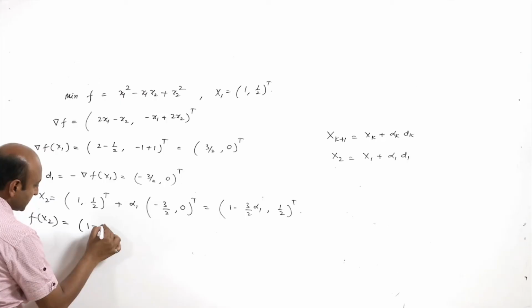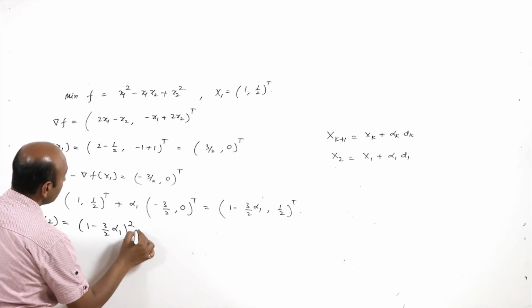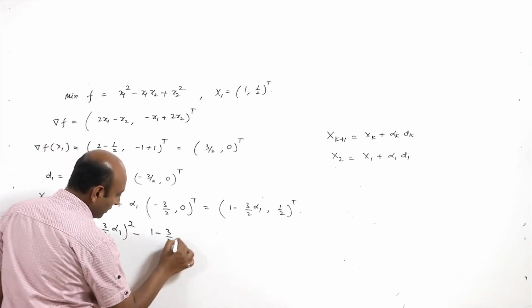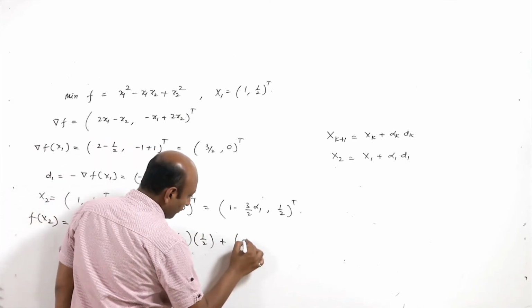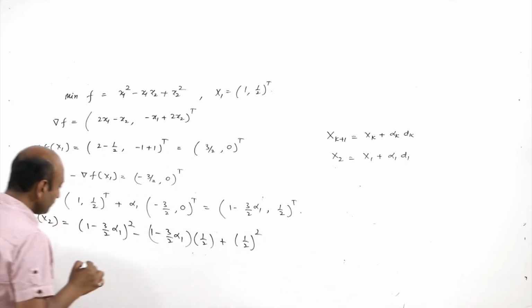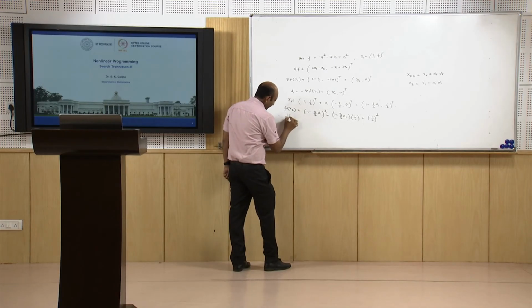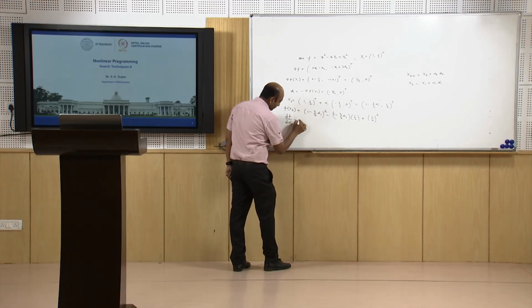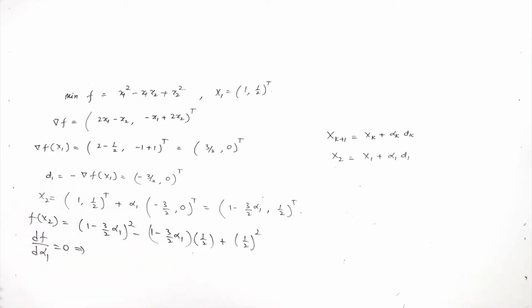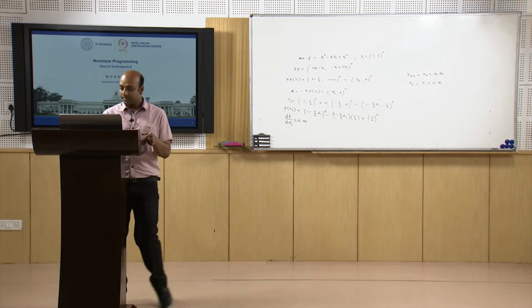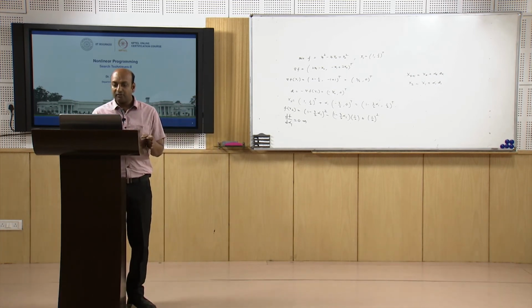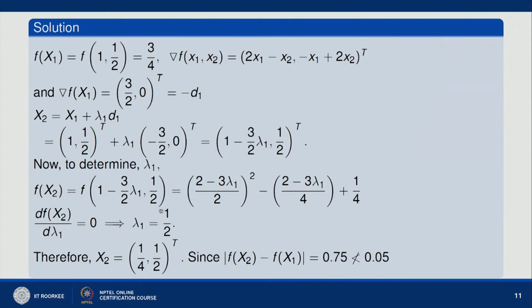It is (1 minus 3 by 2 alpha 1) whole square minus (1 minus 3 by 2 alpha 1) into 1 by 2 plus (1 by 2) whole square, and simply df upon d alpha 1 should be 0 for the maxima and minima of this function, and this gives alpha 1. Here we are also calling it lambda 1, both are the same. So here this lambda 1 is 1 by 2, or alpha 1 is 1 by 2,